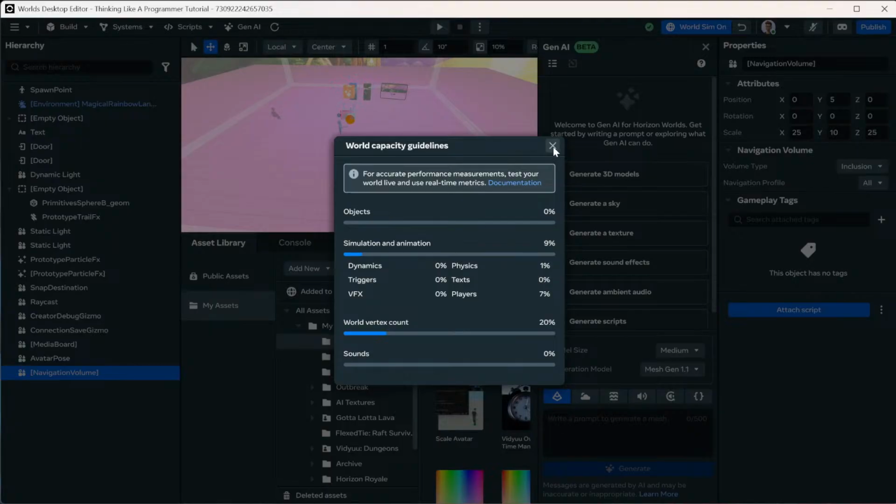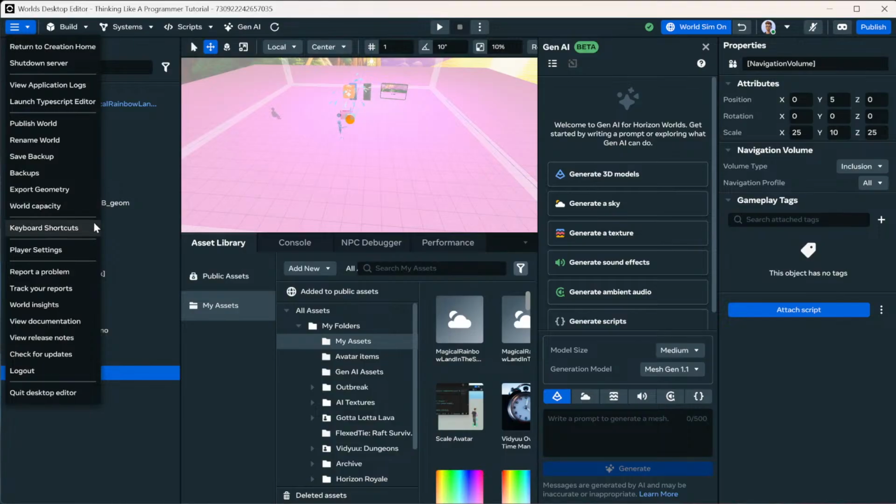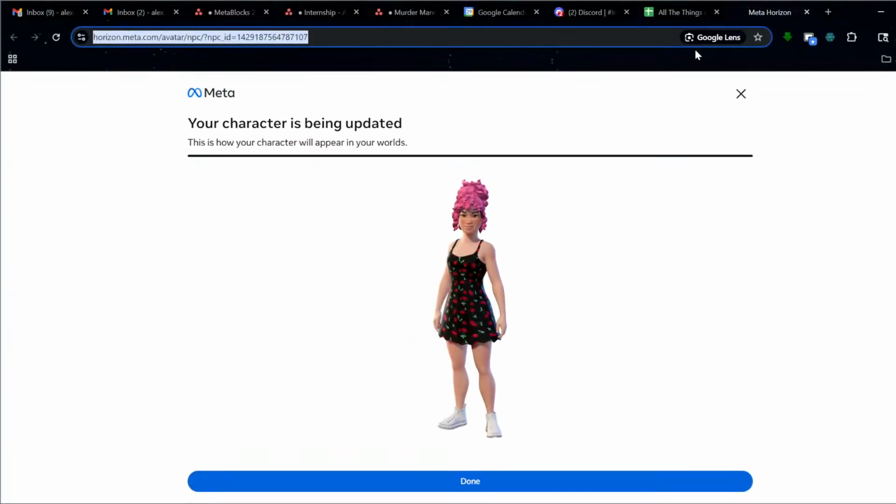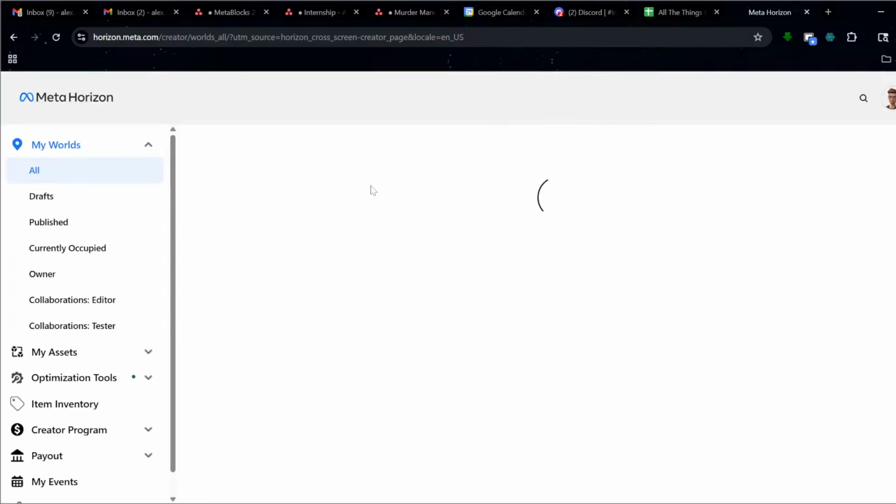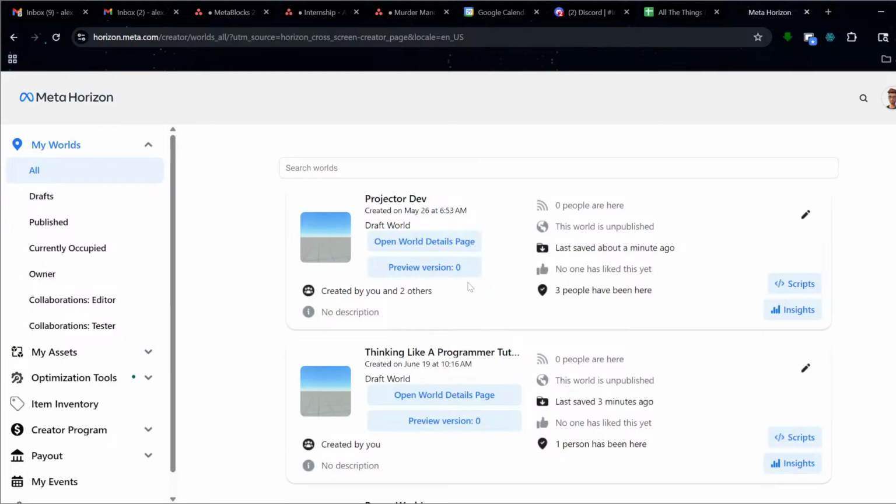Those are things you got to look at. So, World Insights. I feel like that's going to open up the website. There's a website you can go to with a bunch of other tools. So if we go to Worlds, here you can see your worlds. There are a bunch of features in here as well, and you can open your world details page to see